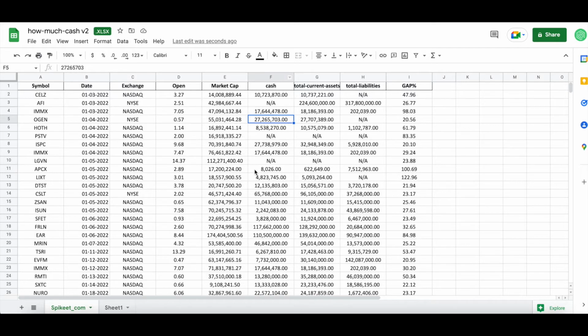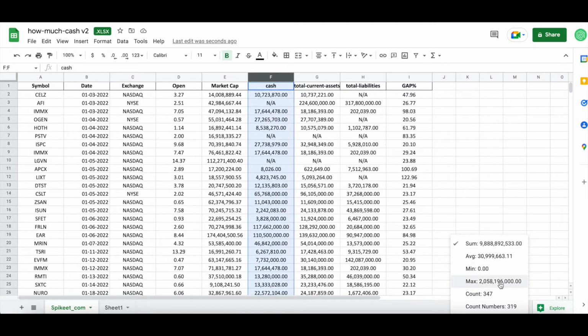So for example, if we select everything, we can see that the max is 2 billion, but of course most companies here don't have $2 billion cash sitting on their hands. So the average and the max and the sum and the mean, it's good to have, but it doesn't give you the full picture. So we can create